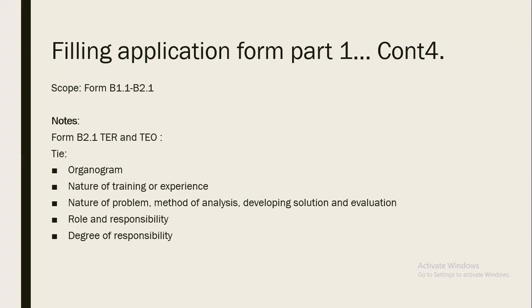So you need to make sure that ECSA understands that you grew from the period that you were a graduate up until now when you are registering as a professional. If ECSA is not able to see this, then they will not register you. Again, if ECSA is not able to see when you're doing work where you don't have someone who's supervising you, then ECSA will again not be able to register you as a professional. And it will also be hard for your referees to sign your work off, because they need to be able to demonstrate to